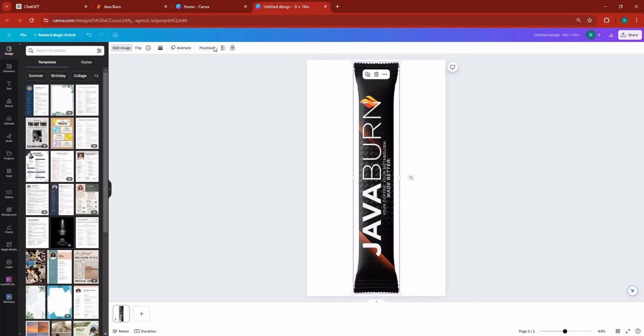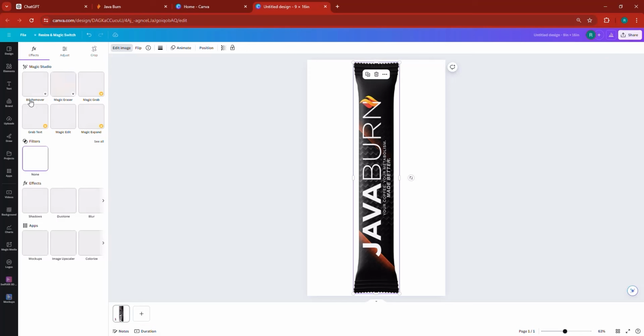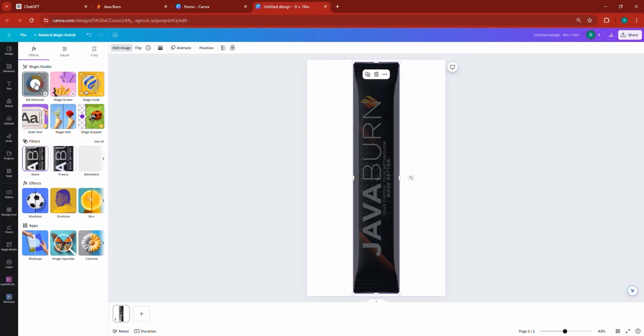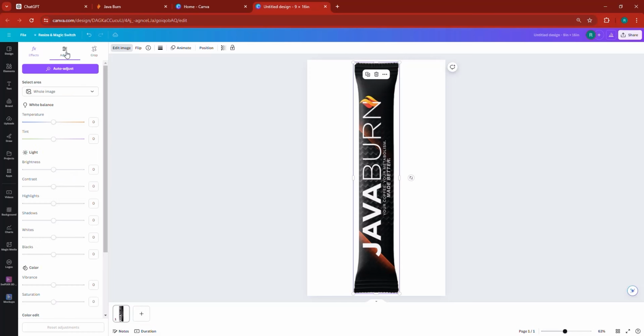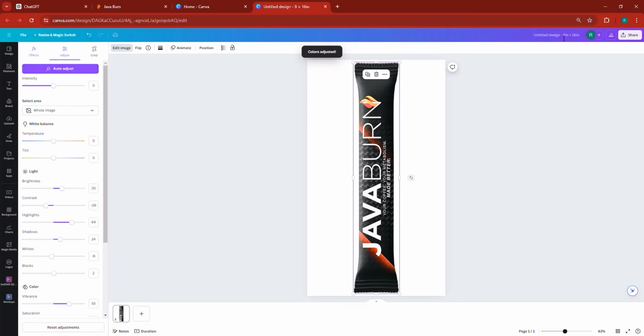I think it is a transparent background, but I'm just going to use my background remover feature just in case it has a background already. Let's see. Okay, so I'm just going to do that from a security standpoint, and I'm going to go to adjust, auto adjust, and now it looks much better. So I'm going to go for JavaBurn pouch 1,